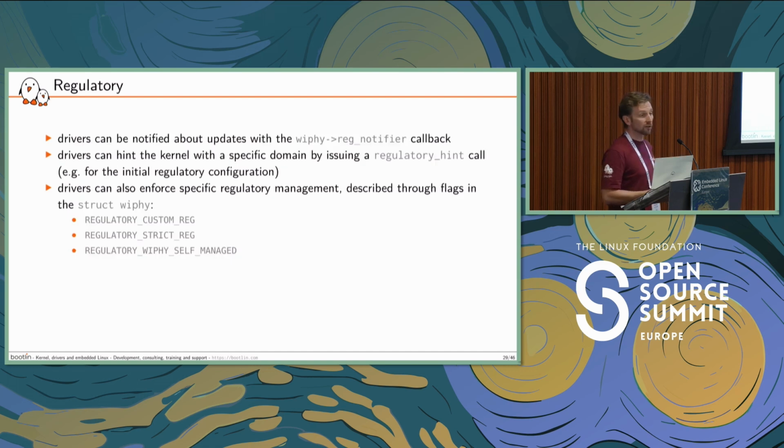Once again, at driver level, you may be interested in the customizations that you can do at regulatory level. First of all, you don't have to do anything for this. As I have mentioned, the config callback could be called to set your TX power automatically by the core. But in some cases, you want to know when the regulatory is changed. So you can subscribe with this reg notifier callback in your wireless phy to know when the regulatory changes. And so you could perform some checks, for example, compared to some data you may have in a non-volatile memory.